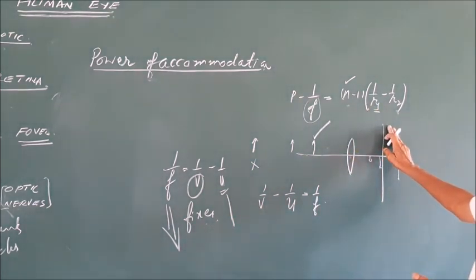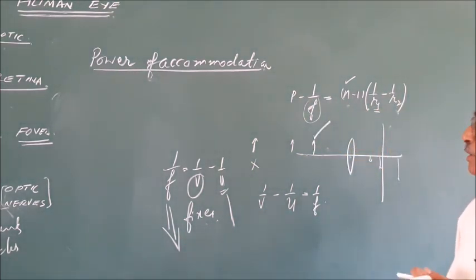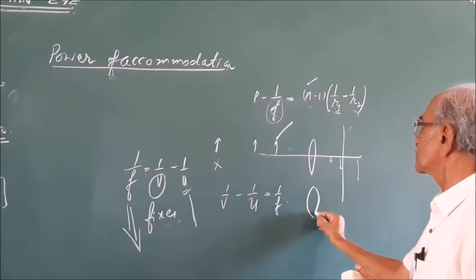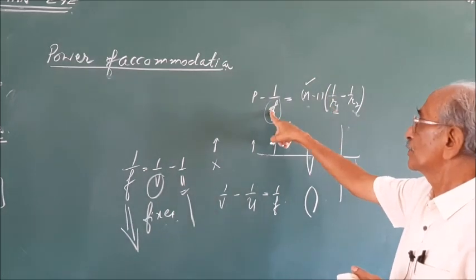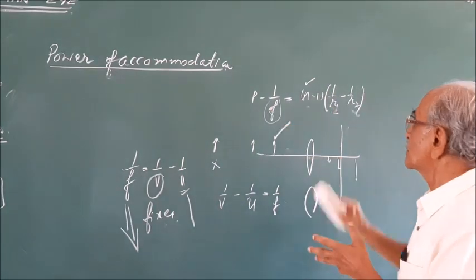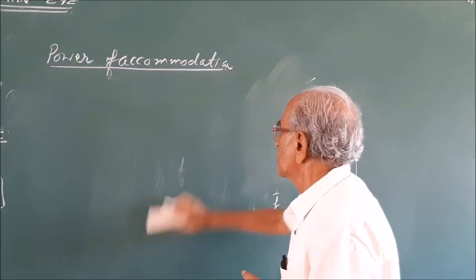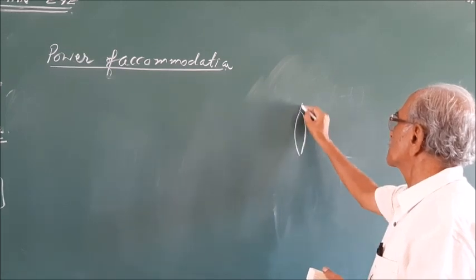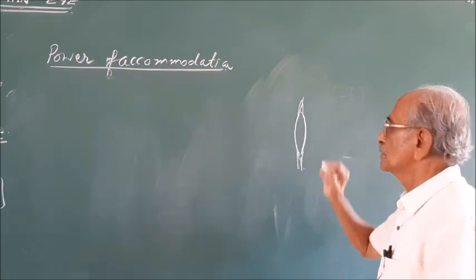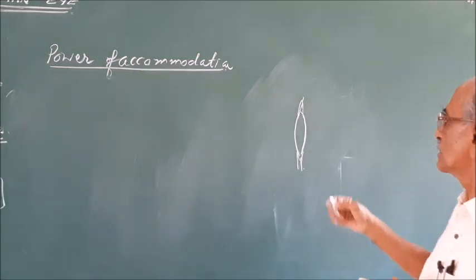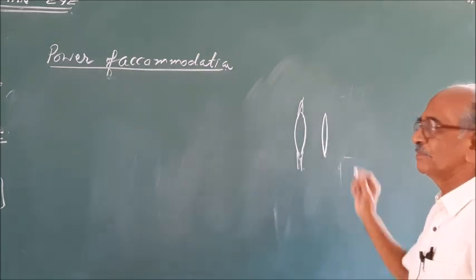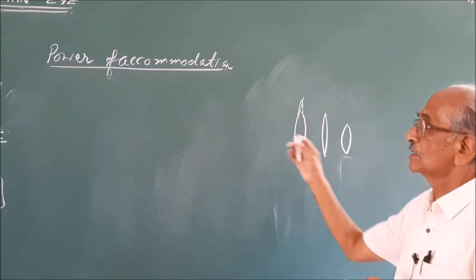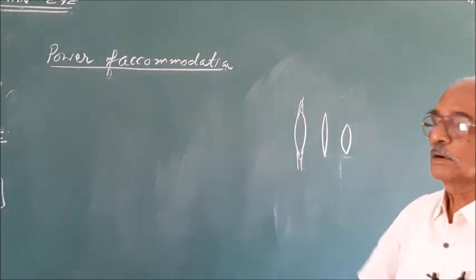That is possible by changing the focal length. How do we change the focal length? By changing R1, R2. See here, this has a different radius. So the focal length changes. That is made possible by this power of accommodation. Now you have the lens here like this, let's suppose. You have the muscles here. Remember, muscles are elastic. If they stretch like this, the lens becomes like this. If they compress like this, the lens becomes like this. Now this capacity of the eye lens is called power of accommodation.